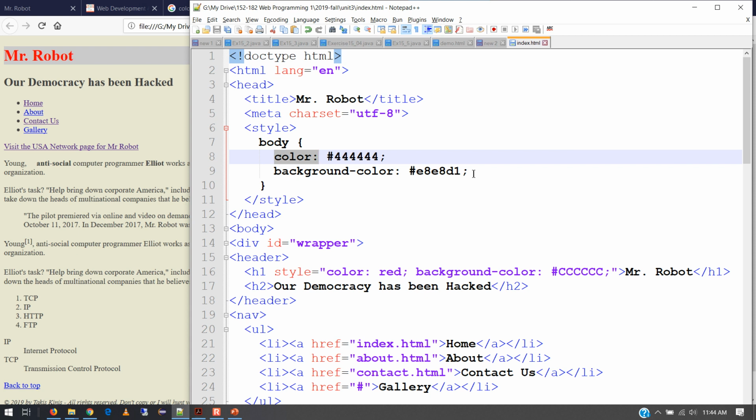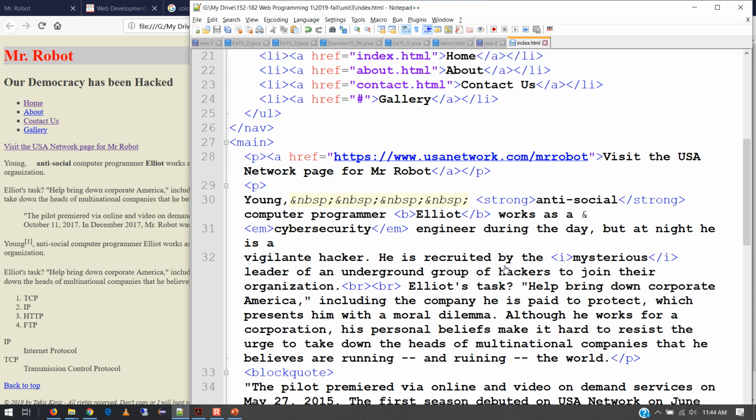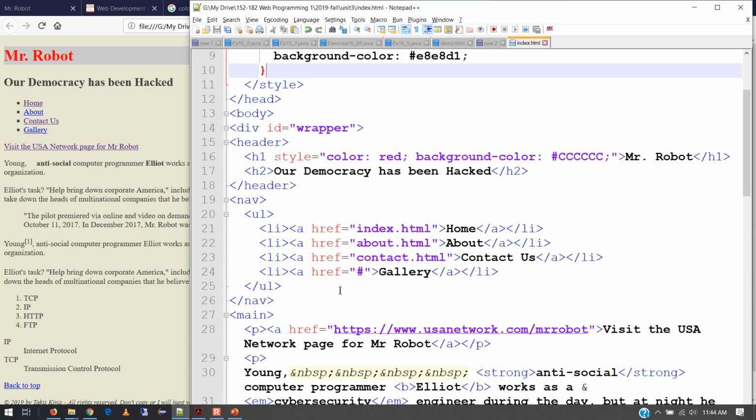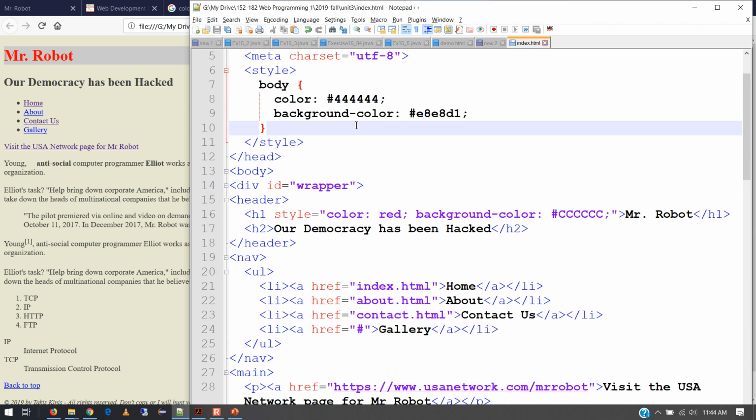So here's where the advantage comes in. Let me give you an example. Right, the body, I could have just as easily put that in here, and it would have done the same thing, because there's only one body in the document. But I do have multiple paragraphs in the document, right? So if I wanted, for example, to change the color of the text in all the paragraphs at the same time, I would add a new style rule here,